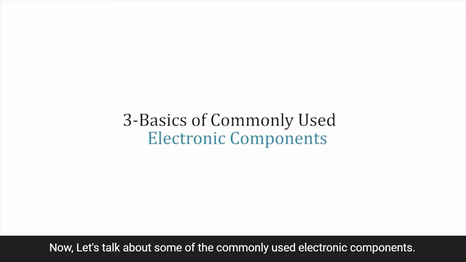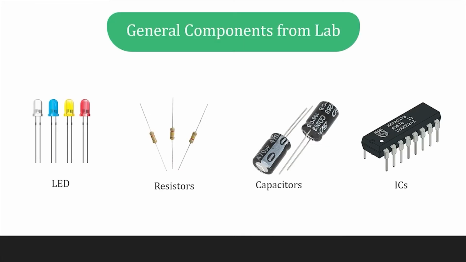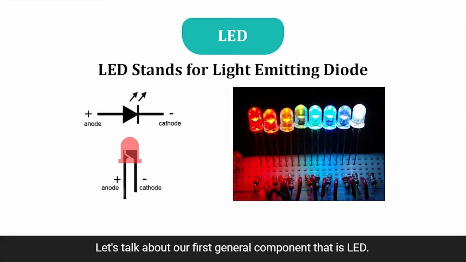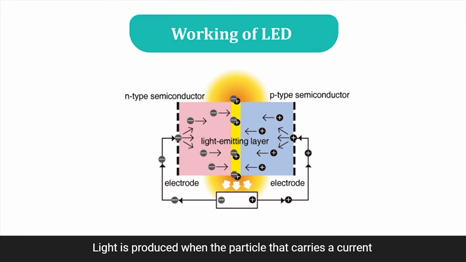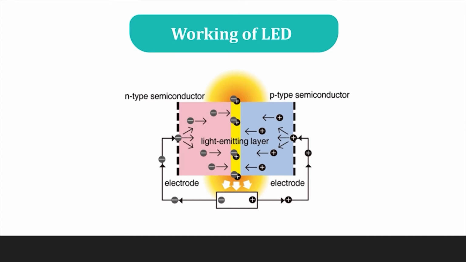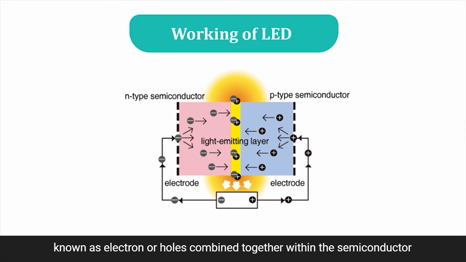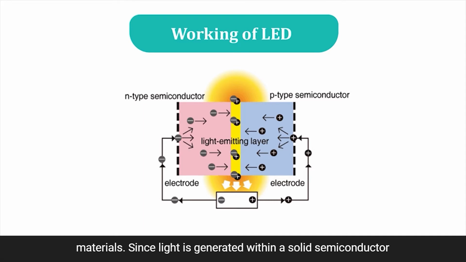Now let's talk about some of the commonly used electronic components. Let's talk about our first general component, that is LED. In the simplest terms, a light emitting diode is a semiconductor device that emits light when an electric current is passed through it. Light is produced when the particles that carry the current, known as electrons or holes, combine together within the semiconductor material. Since light is generated within the solid semiconductor material, LEDs are described as solid state